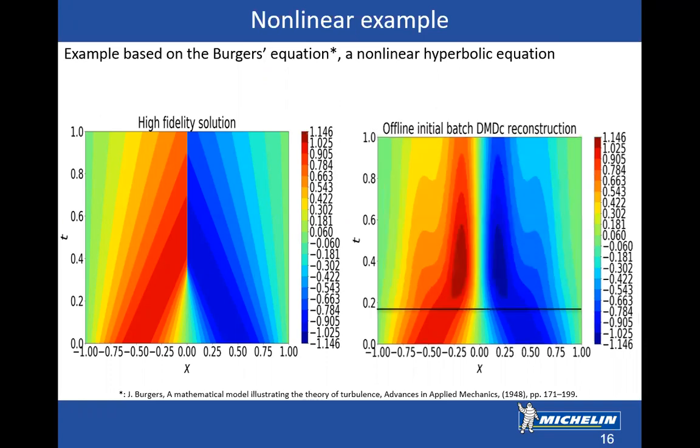Otherwise, this whole method will be just posterior, like for posterior objectives, and won't work for predictions and online implementation. So if I take only the first part until 0.18, I use this snapshot matrix, which is the initial batch, and I use it to estimate the reduced dynamic mode decomposition with control model. And I use this model on the rest of the time domain. I can see that this one has nothing to do with the approximated reconstruction, nothing to do with the high fidelity solution. So the whole system, and all the methods that I've explained till now, has failed in this one.